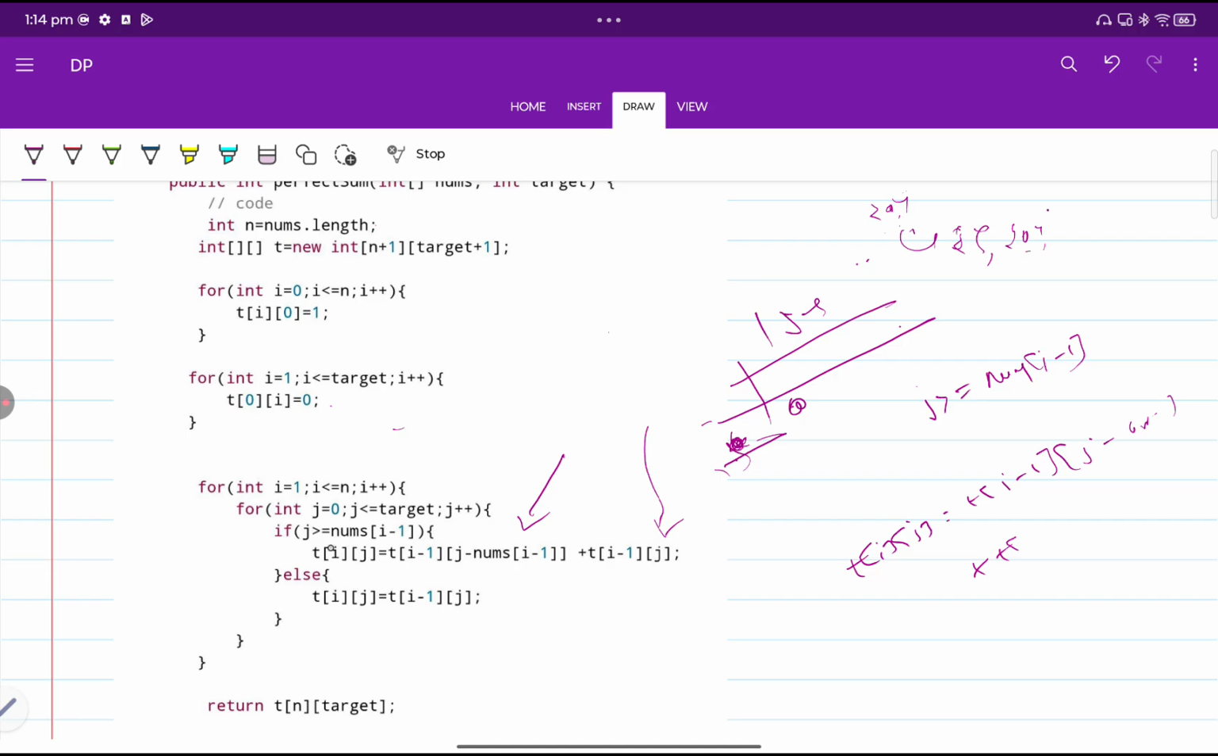And else, if the target value is not greater or equal to the current element, then we have not included it and just call the previous state. And I have to return the last value of this table, which is t of n comma target. This is the code of the